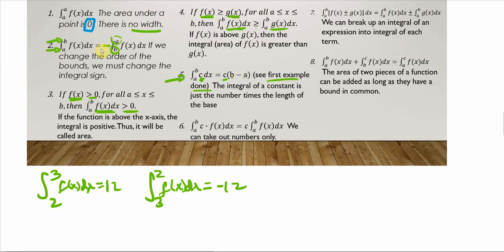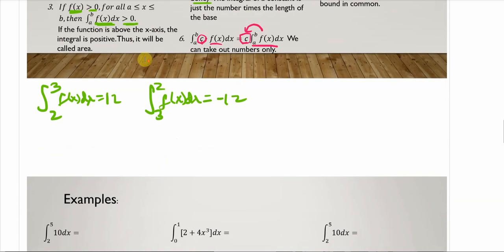Number 6 is a great property that I love to use. If you're given any number, instead of leaving it inside the function, you can take it out, forget about it, find the integral, and then once you get the integral, you multiply it times that constant, rather than having it inside and messing that up. So what am I saying by something like that? For example, let me show you. What if I had the integral of